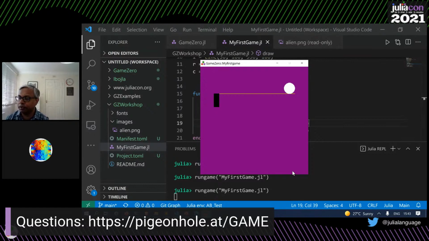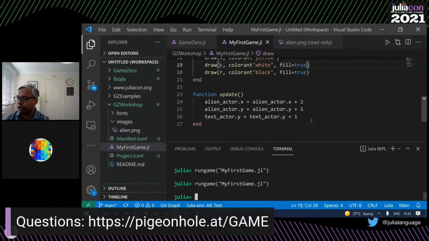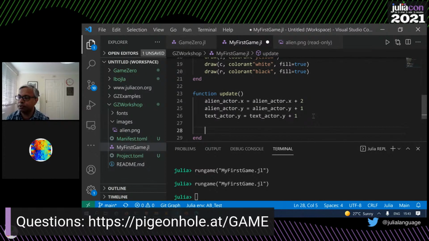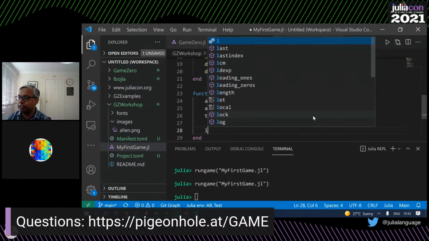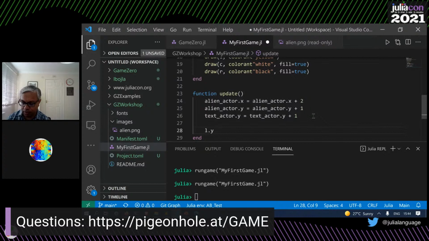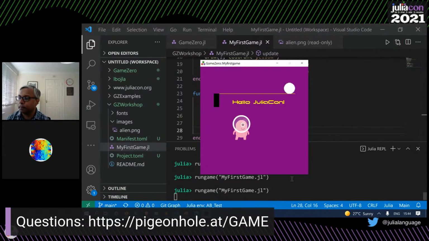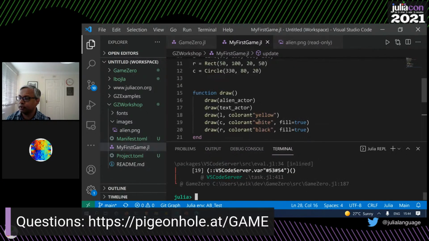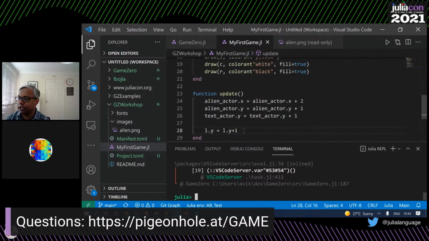And again, these objects, you can change their positions as well. So let's try that, if that works. Again, live coding, so maybe not, who knows. In my update function, I will say line dot y equals line dot y plus 1. Let's see if that works. No, that doesn't work. You have to change the line itself, right? So the line is not an actor, but what you would do is,